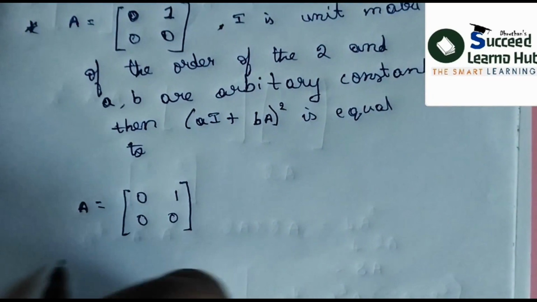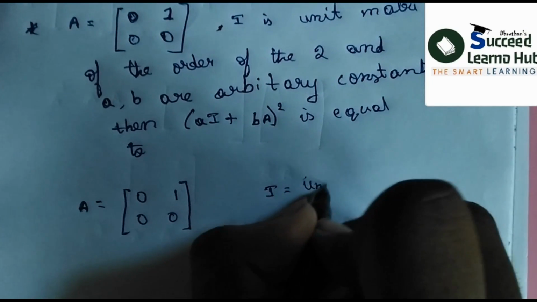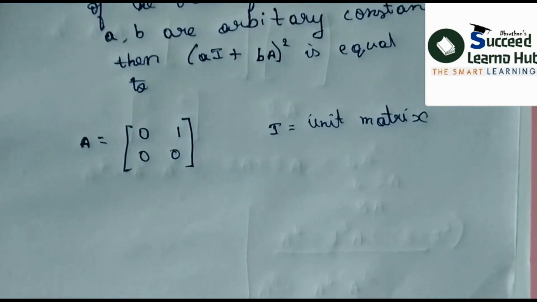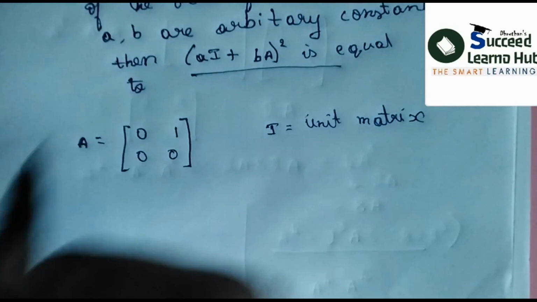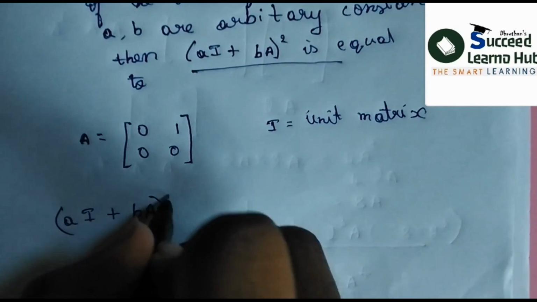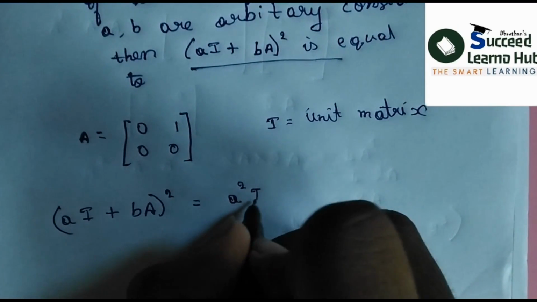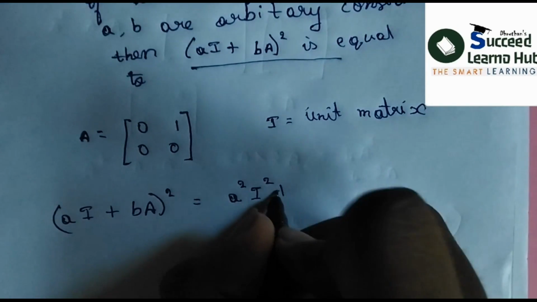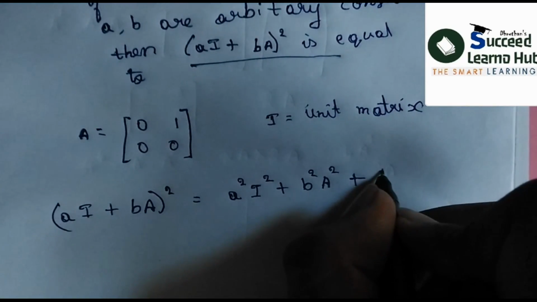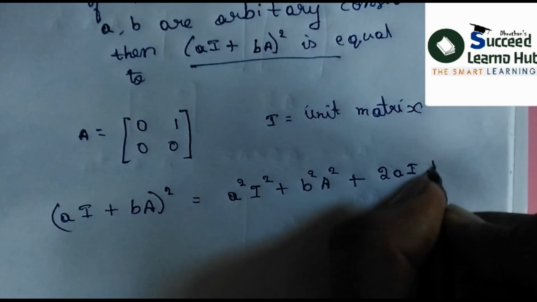Now I is equal to the unit matrix. We need to find (AI + BA) whole square. (AI + BA) whole square is equal to A square I square plus B square A square plus 2AI into BA,